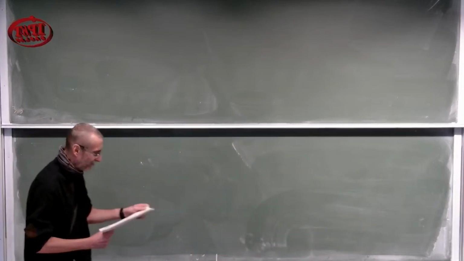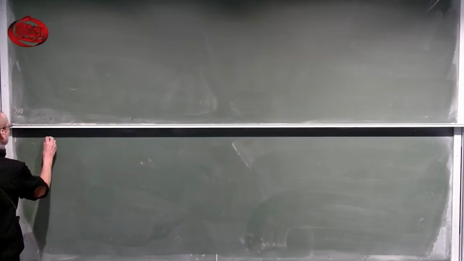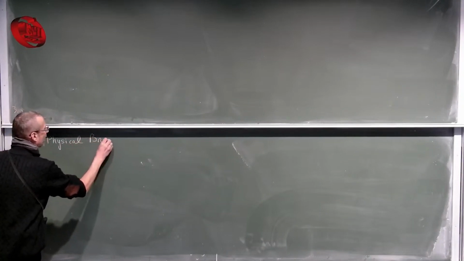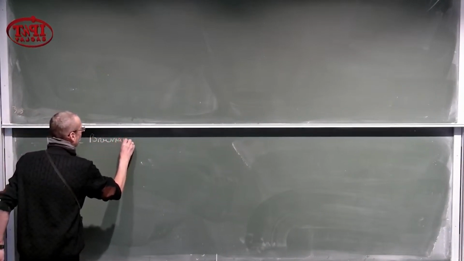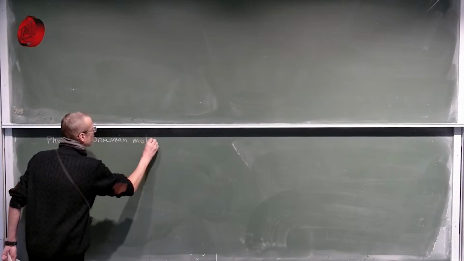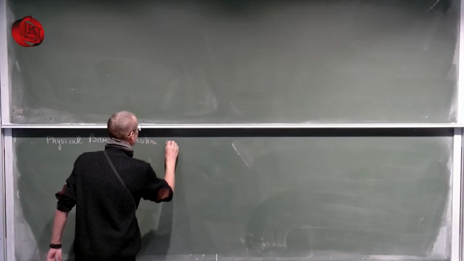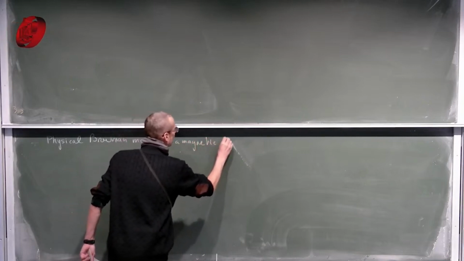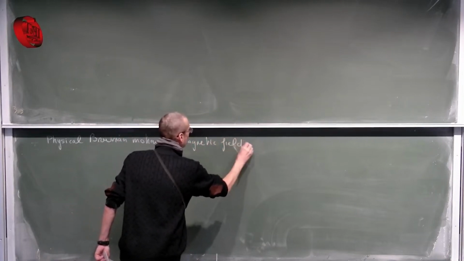it's nevertheless interesting. So it's, let's say, physical Brownian motion. I will just say a few words about it, but in a magnetic field. And this will be really sketchy, but